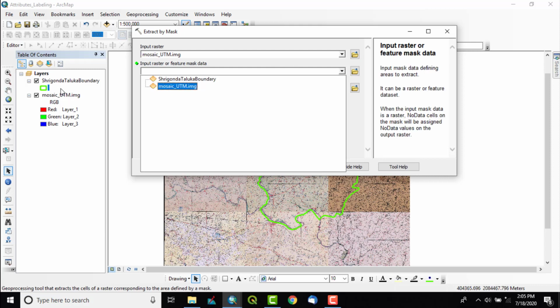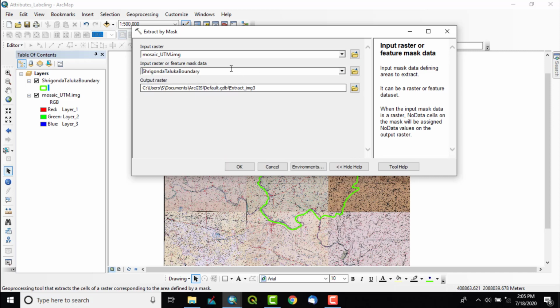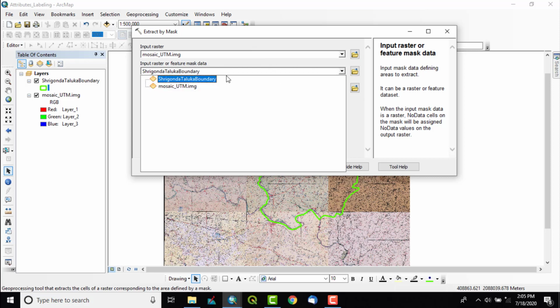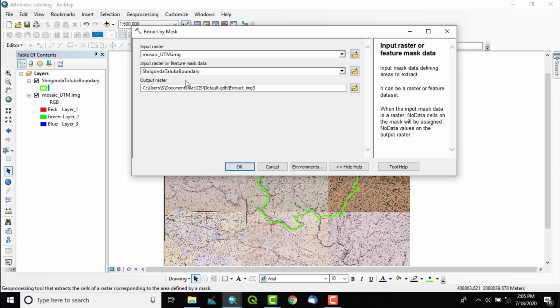So right now we are having vector file Srigonda Taluka boundary, which is a shape file, polygon shape file. And this is also important that our feature mask data should be a polygon feature, unless this tool cannot be run.